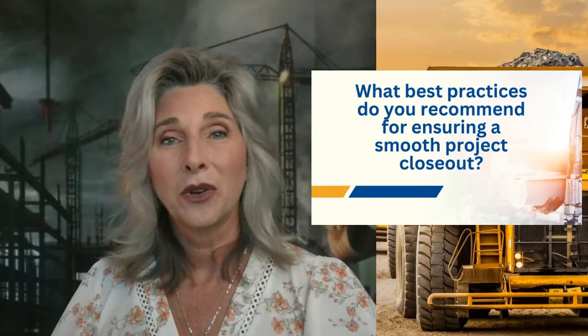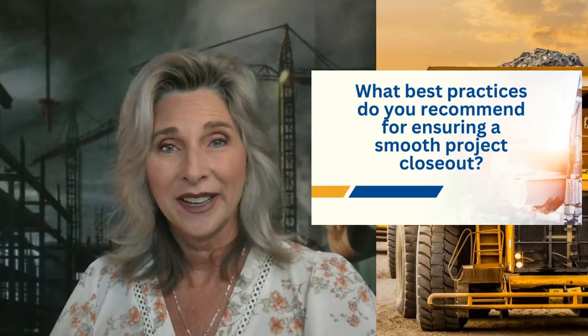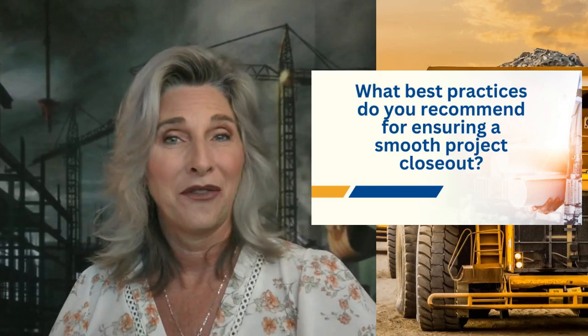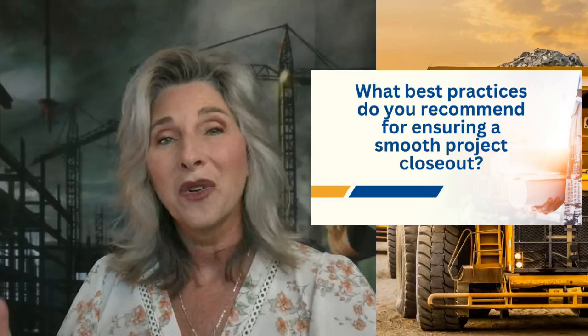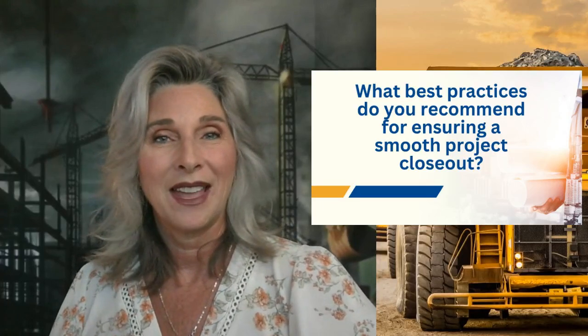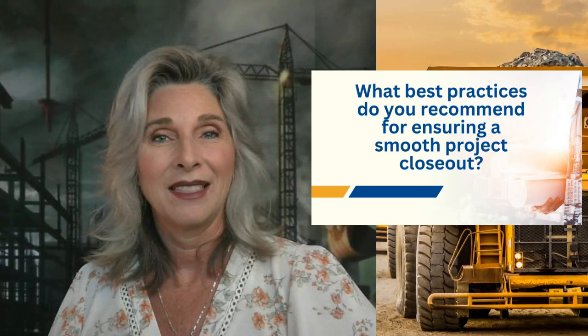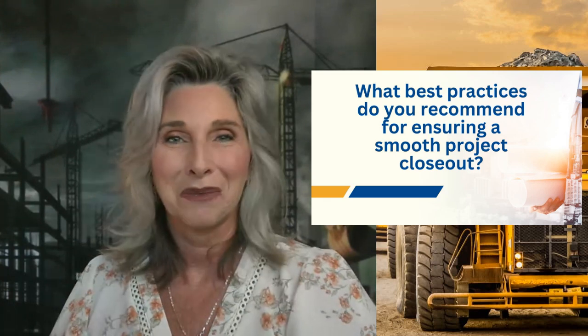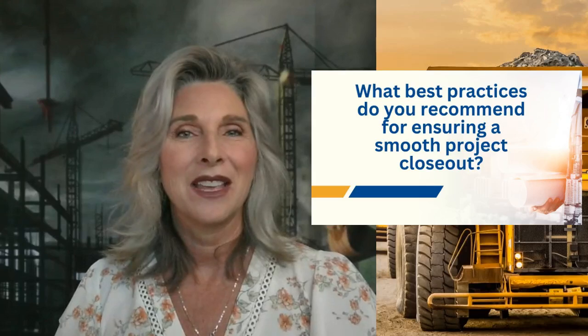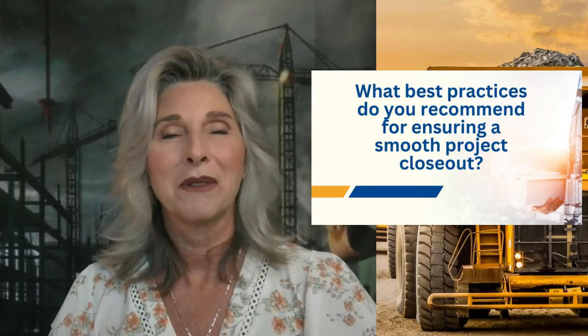So being able to create criteria around those requirements is going to provide a higher quality, more professional product, so that when we are closing out the project, we know that we're going to get everything that we deserve for the owner who paid for this project. So those are just a few examples of things that you might do to ensure